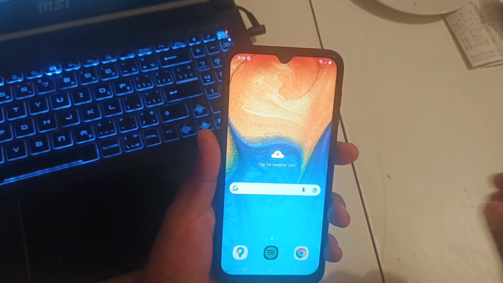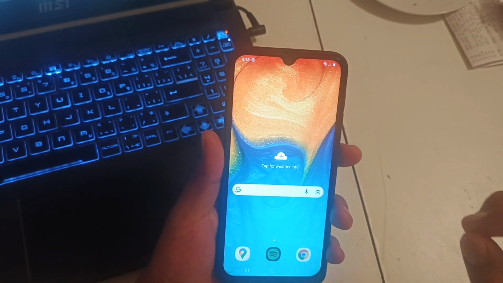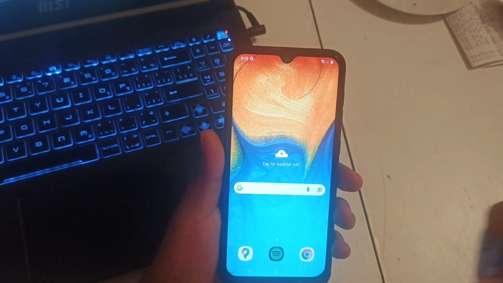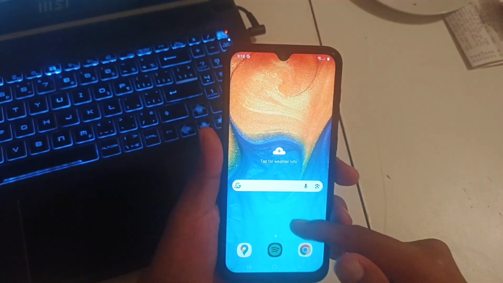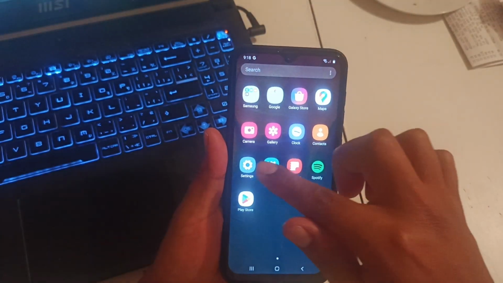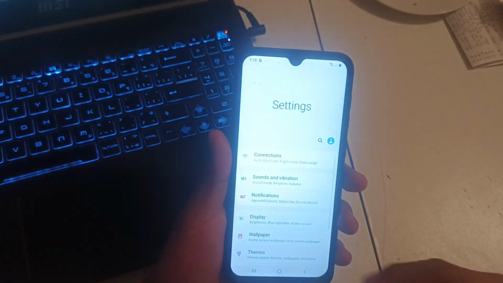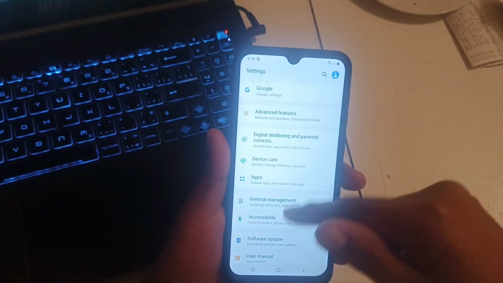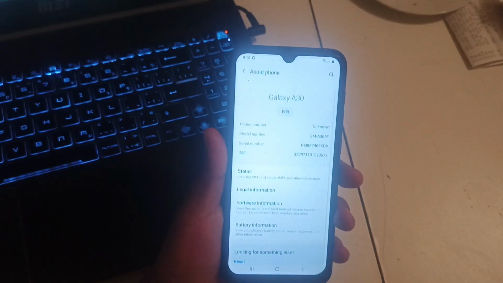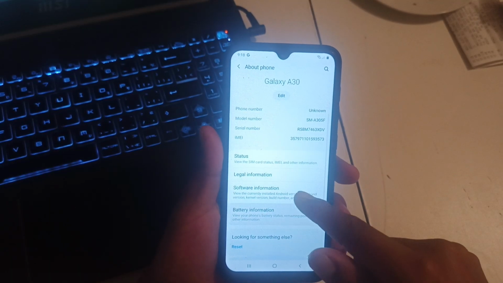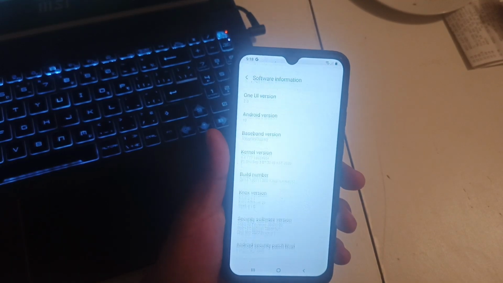I'm gonna show you how to activate the developer mode on your Samsung phone. Alright, so it is very easy. So we just need to go to settings, scroll down, click on about phone, software information,